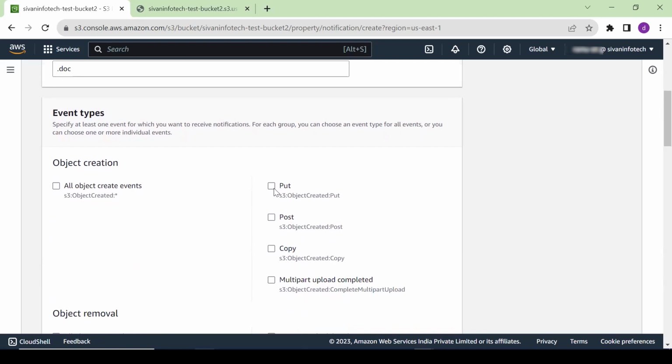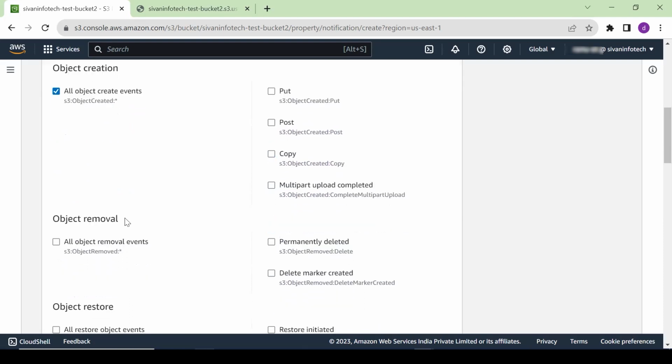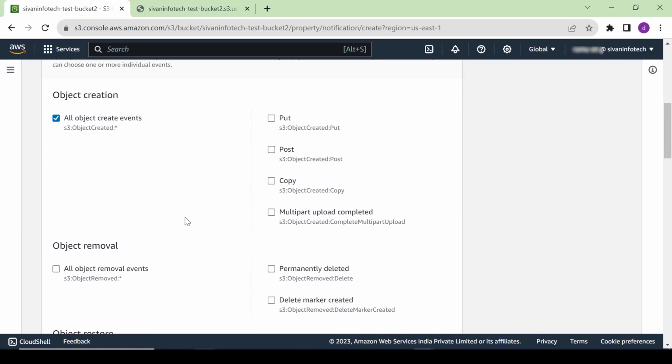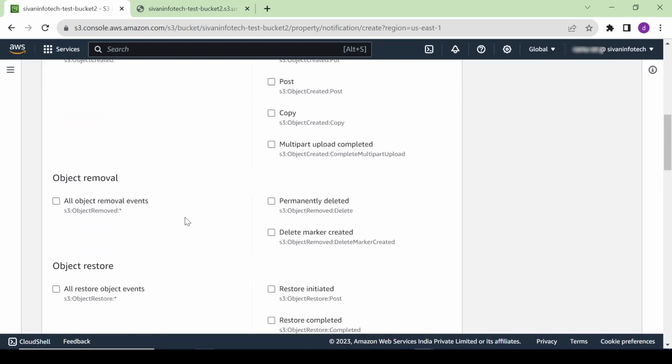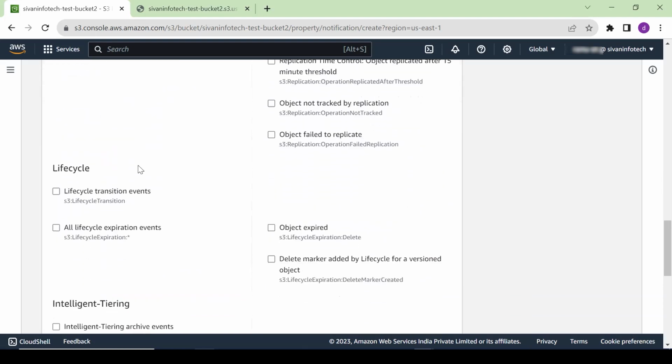When I need to get put means you're going to upload. Okay. Copy, multi-part upload, in the sense multiple times you upload it. So this is for the put, post, copy, for all object creations. Object creations only this one. I'm giving them for only object creations. So what I will do,